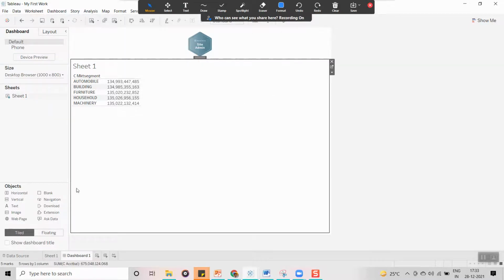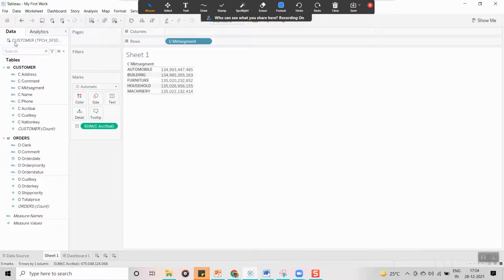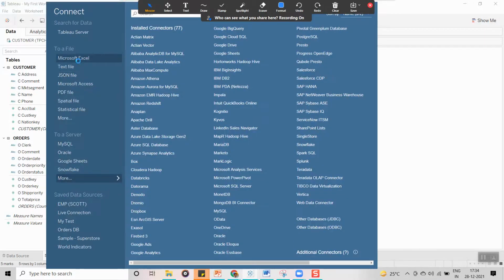source. I want to connect to a new data source, that is an Excel file for example. Now see, I am not going back to the data source page. I want to create a new data source. For example, we already have one data source which is connected to the Salesforce database. Now I am going to connect to another data source, that is an Excel file or local copy, whatever it may be. I am just going to click on Excel file.